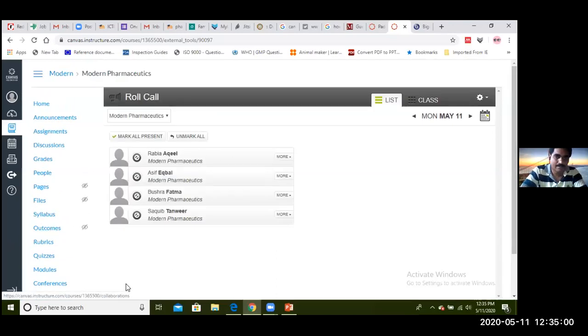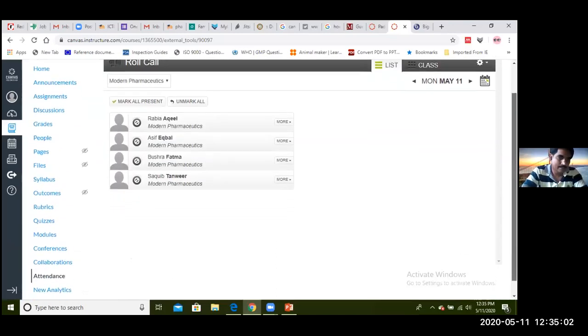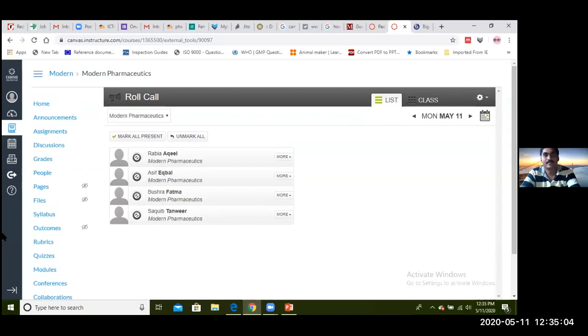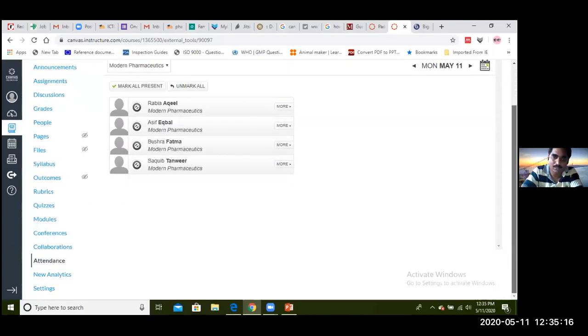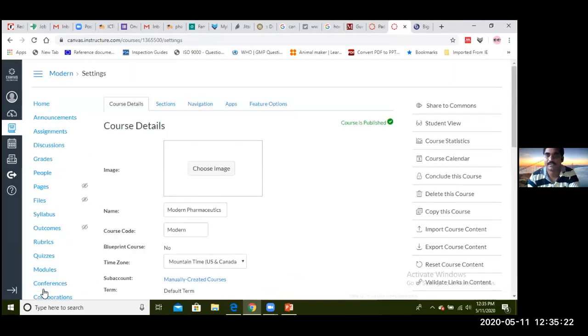These are the students who are present in my course. Earlier, for inviting students, email facility was available in Canvas. But now they have started a code system. You can provide the codes to the students to join their course, and the students can provide the code to parents to join their course.